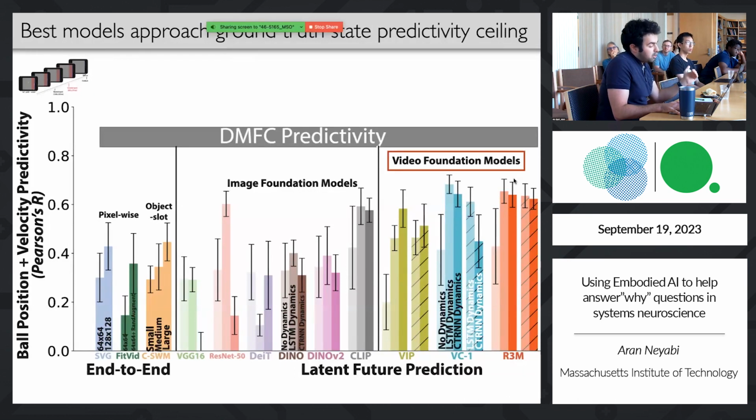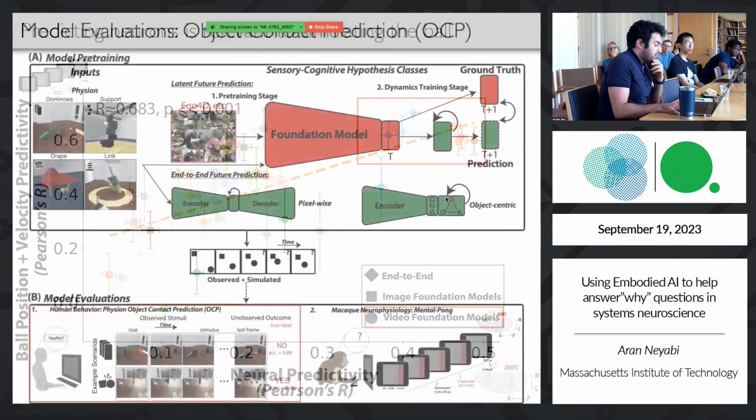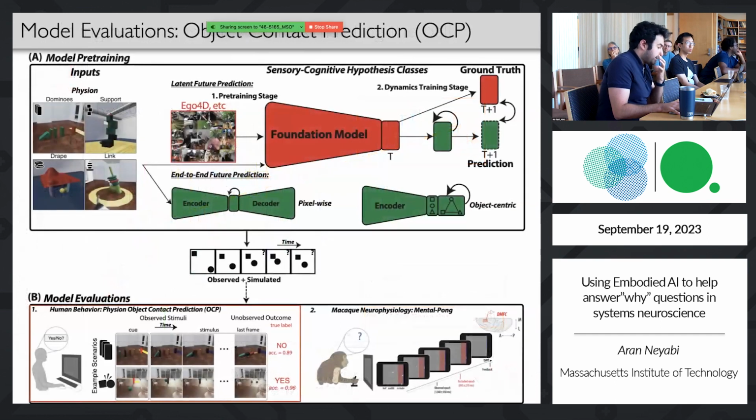And in fact, across all models, what we see is that there is some correspondence between predicting the neurons on the x-axis versus predicting the ball position and velocity, with the best, again, being the two video foundation models I showed you, able to match best overall. But as I mentioned earlier, and this is the last result I'll show,